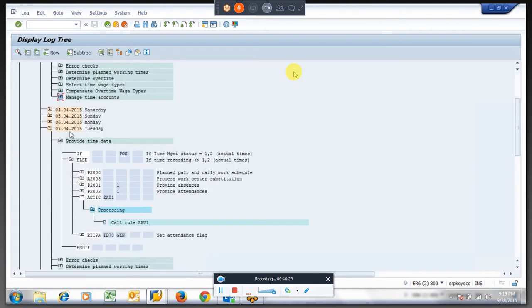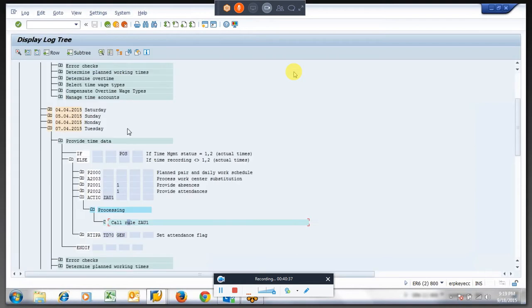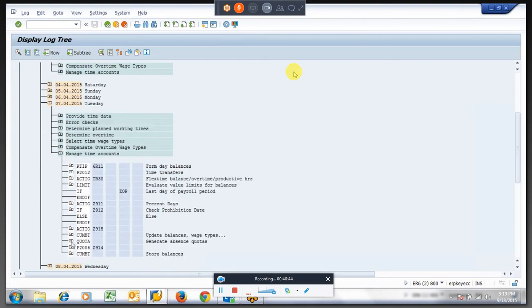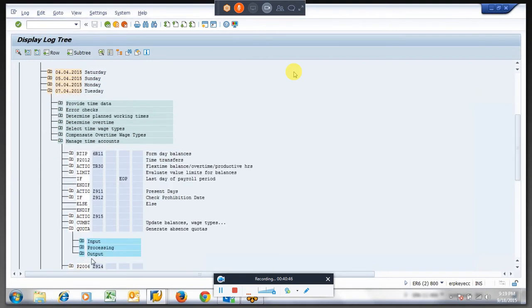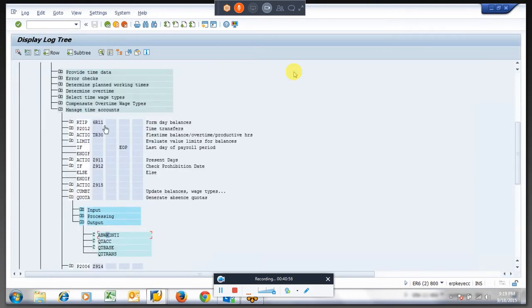Okay, so what it is doing on 7th, our rule is reducing, means -1 from ZCOM. So what it should do, after the quota function, your quota should become 0. So the one which was generated on the 3rd becomes 0. Okay, it's an example again, whatever the data is there.